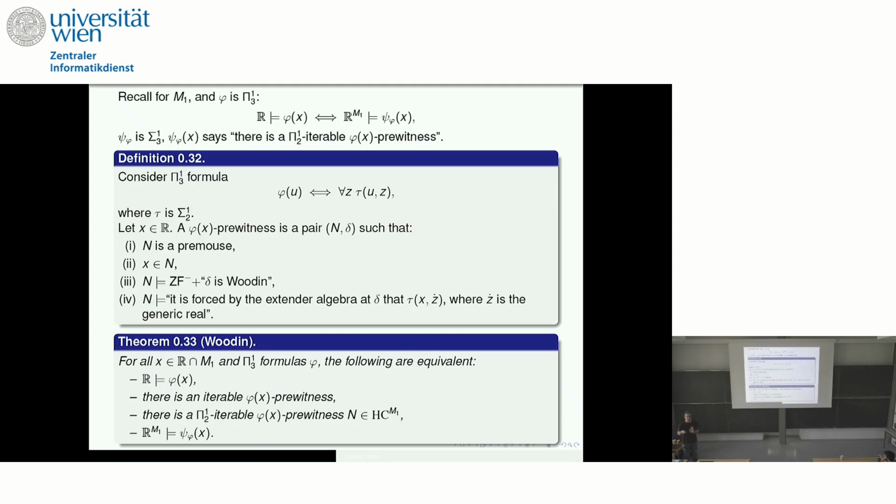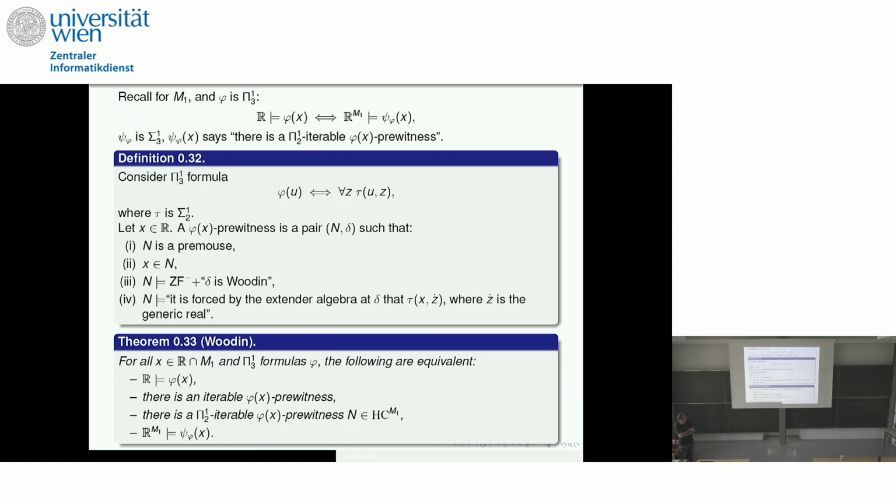Okay, and then you use genericity iterations to see that if you have such a thing and it's iterable, then you can iterate and make any potential counterexample generic and add it, and you prove that actually the sigma 1 2 thing holds about that. Okay, so Woodin did that. Obviously, define the extender algebra and use that to prove this fact that if x is a real of M1 and phi is pi 1 3, then these things are equivalent. The real satisfies the pi 1 3 thing; there's an iterable phi x pre-witness, or there's a pi 1 2 iterable phi x pre-witness, which is in the reals of M1. So